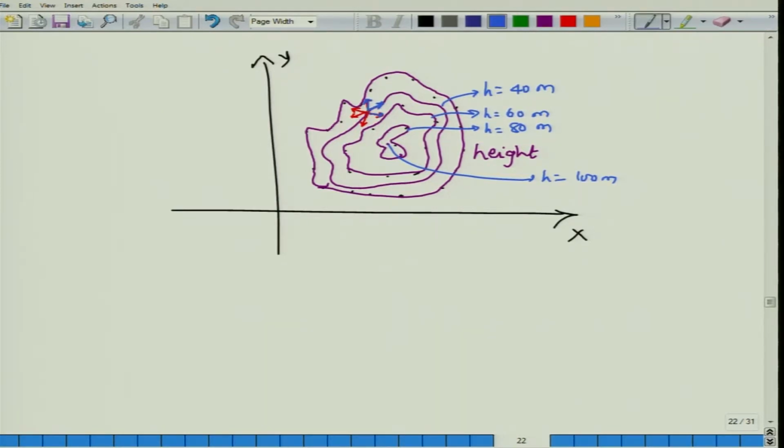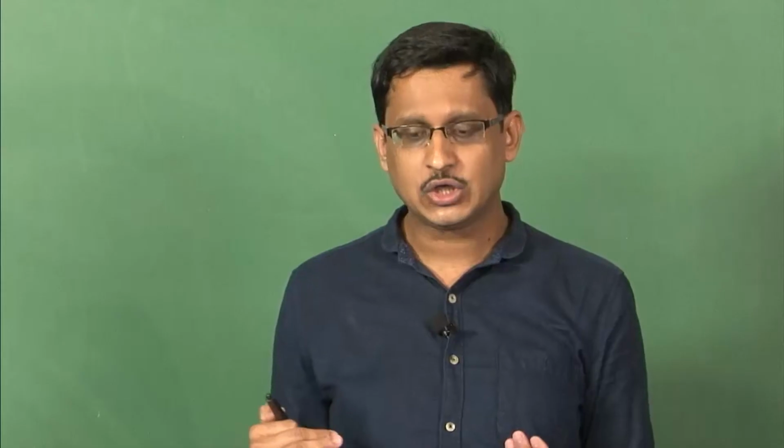But if I move perpendicular to this contour, so let me go back to this one, if I move perpendicular to the contour, then I experience maximum change. So from one surface of constant height to the other, if I move perpendicular, I actually experience maximum change. And this maximum change that I obtain will be the change along the delta f. If I move on the same contour, of course, I am not seeing any change in the height because these are the constant height contours.